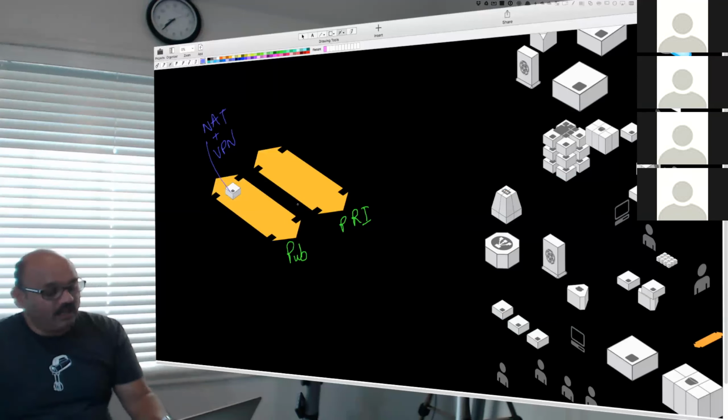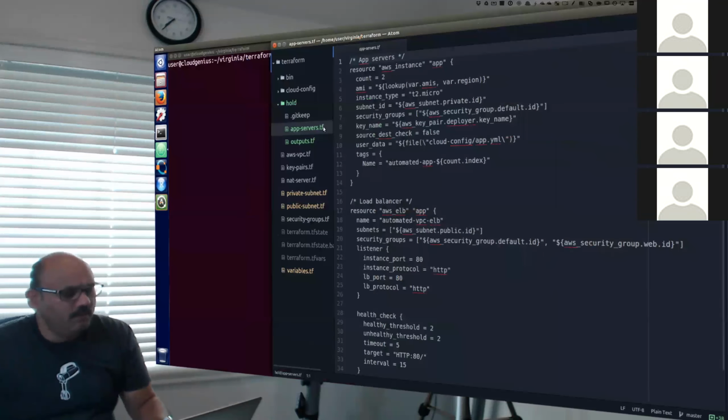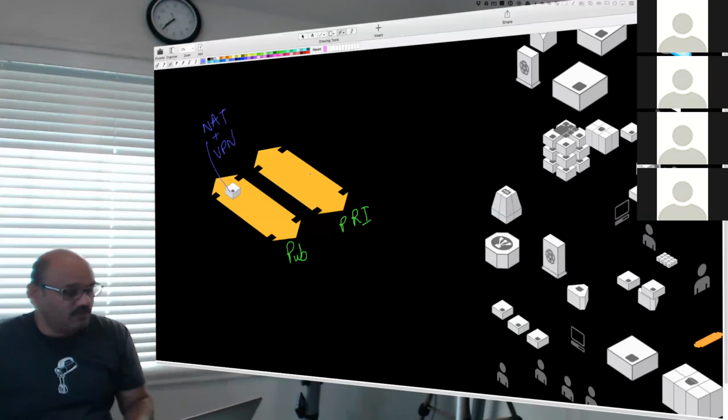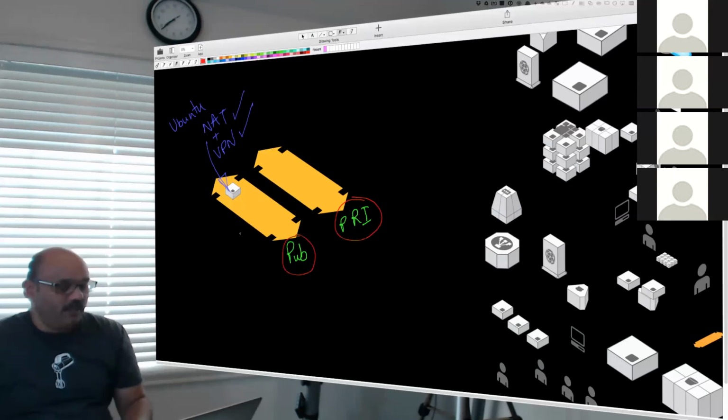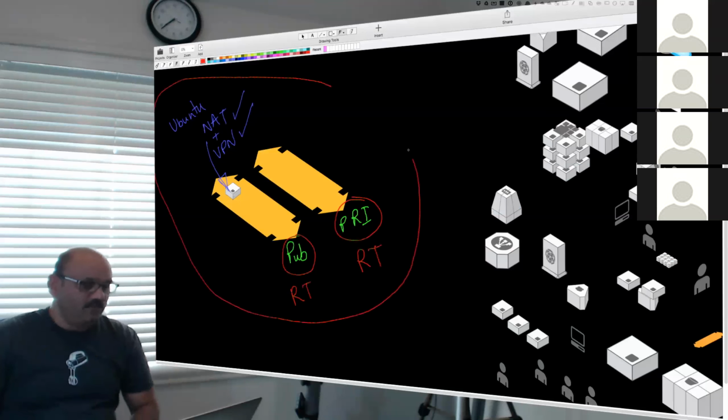While we are doing that, we also created, let me see if we did already or not. Maybe we did not. I would like to make sure that I am not telling you anything that confuses you. So we have created this onto the box, which is running Ubuntu. We have a public subnet and a private subnet. We have a public route table, private route table. We have created a VPC. The whole thing is in a virtual private cloud.